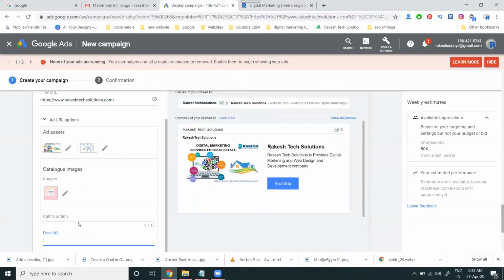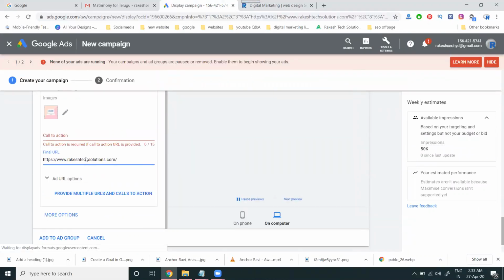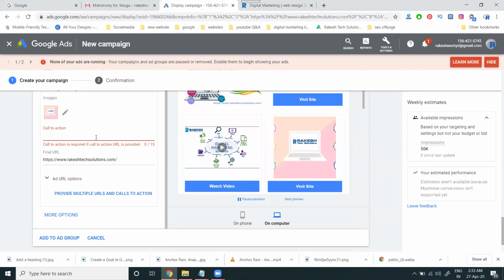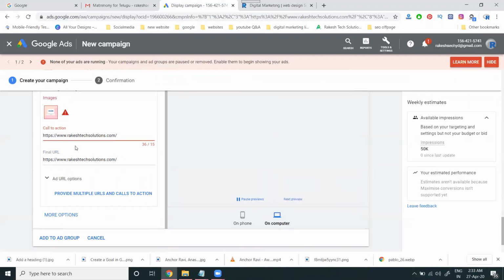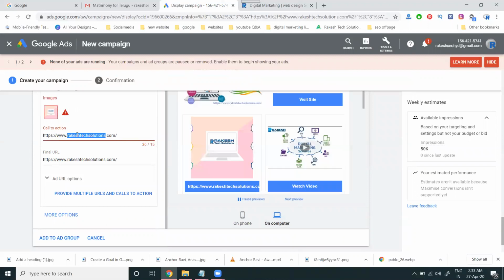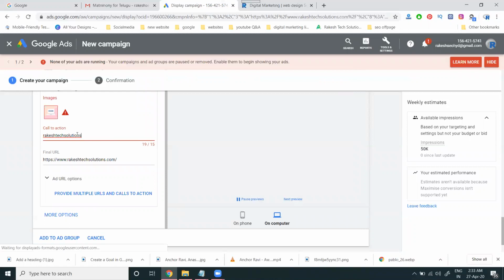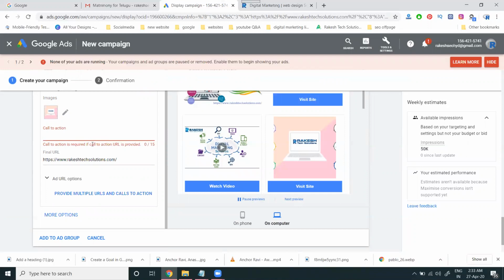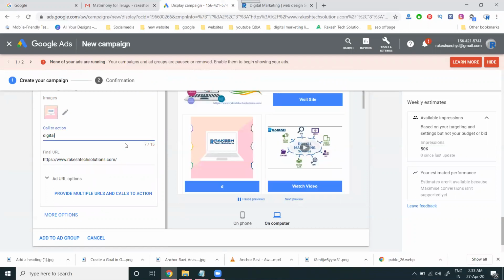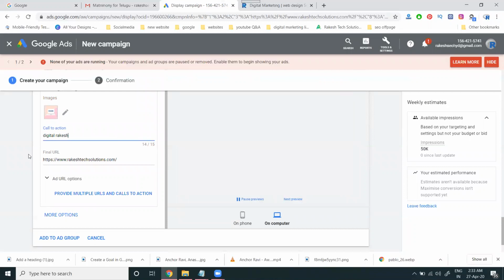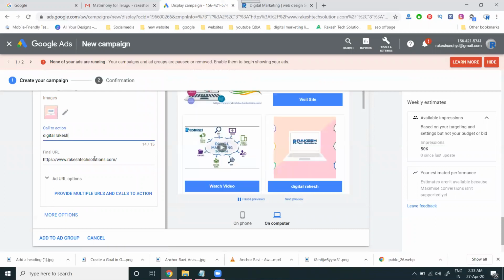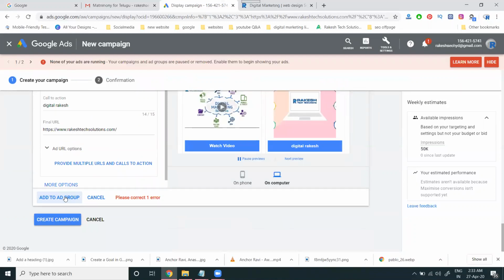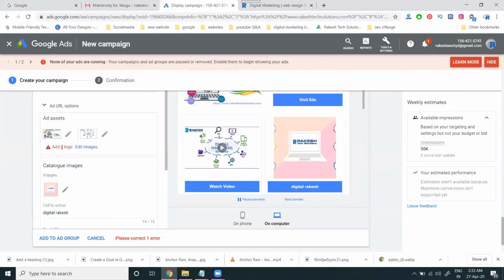So in this option, add the group. So one other will be there.